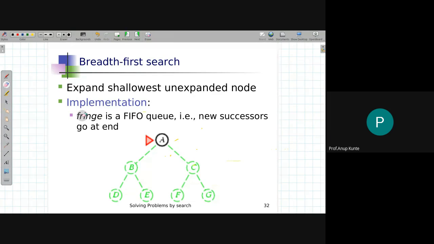Suppose there are two actions, A1 and A2, that lead to the generation of the next states. So there are two actions. This is A1 and this is A2. If I apply these two actions, two nodes are generated. This is the application of the transition model, or the successor function. In terms of function, it is the application of the successor function.